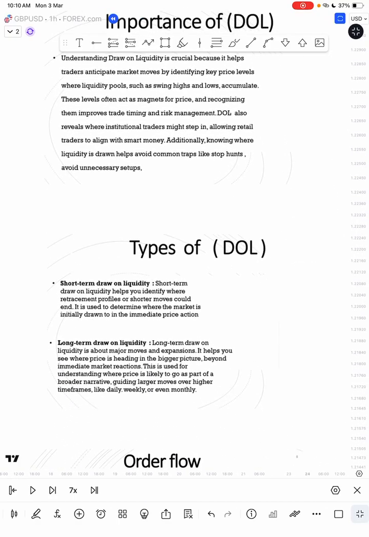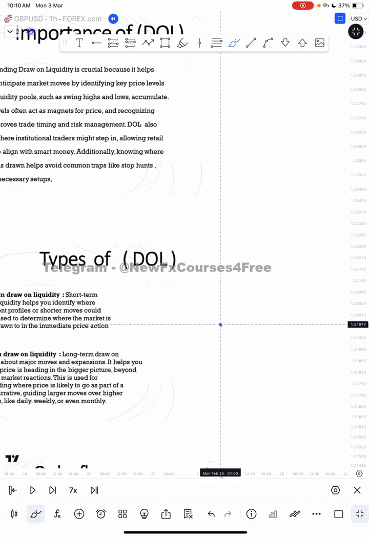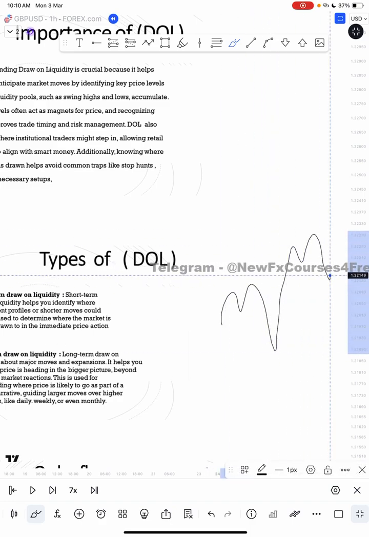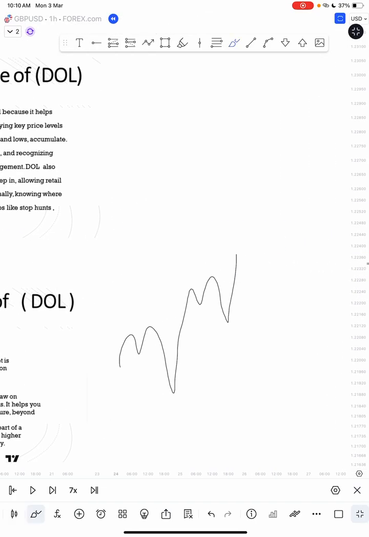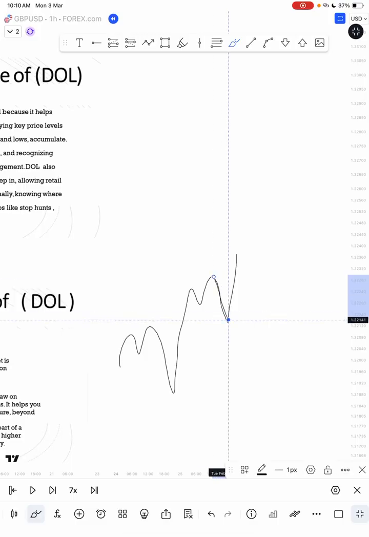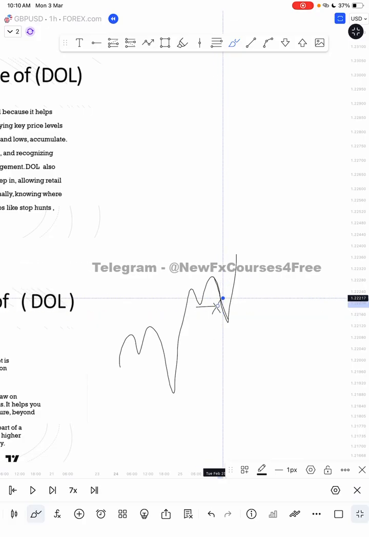So there are basically two types of drawn liquidity: the short-term drawn liquidity and the long-term drawn liquidity. Short-term drawn liquidity helps to identify where a retracement profile or short-term move could end. Let me just give an illustration here. Let me say we are in a bullish trend, rejecting lows and breaking highs. So you can see here, this retracement profile down here will be your short-term drawn liquidity, because